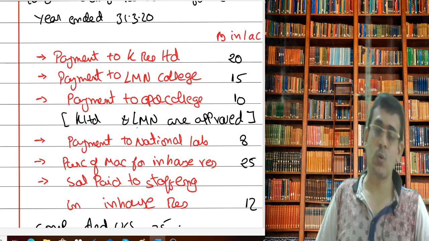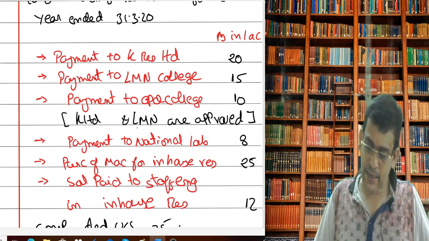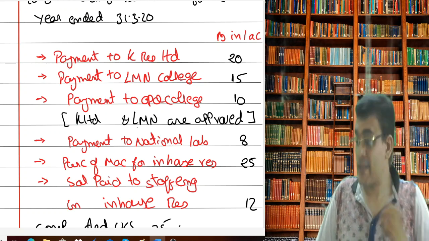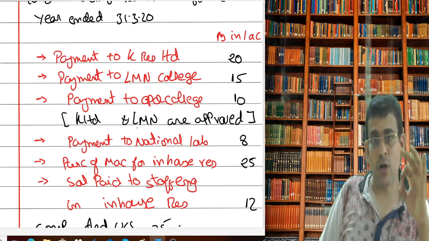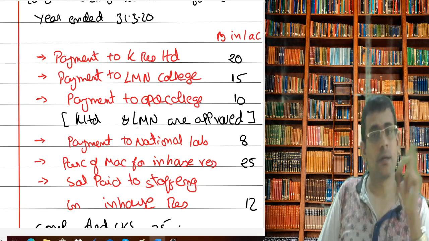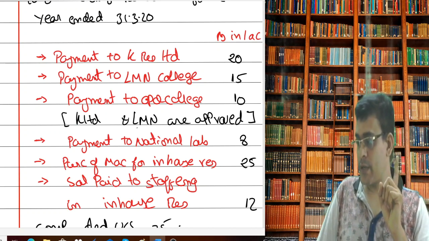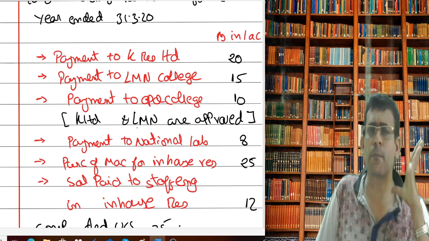So what can I do? I can take only 100% of that. Only 10 lakhs can be taken as reduction. So here what are we trying to do? As it is not approved, because the provision says that for any university or institution or college, if it is approved, then only the deduction is eligible. So here, as nothing is mentioned for OPQ, I am considering it as unapproved.